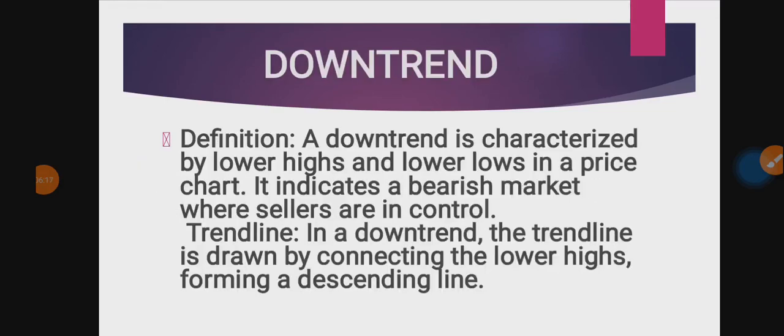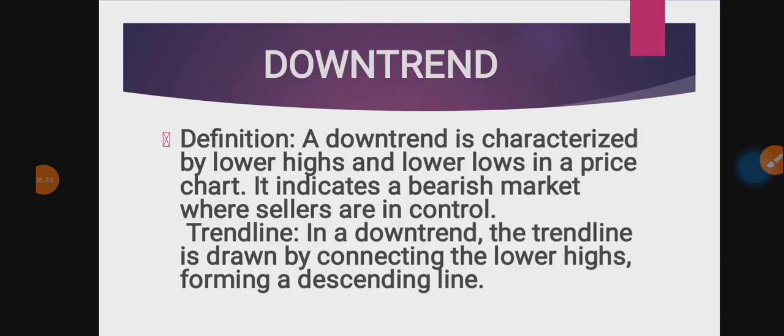Remember, we're just going to take all together, go to the chart to explain what an uptrend is. We'll explain what a downtrend is. We'll also look at trend lines. All right, so we said a downtrend is characterized by lower highs and lower lows in a price chart. It indicates a bearish market where sellers are in control. And in a downtrend, the trend line is drawn by connecting the lower highs, forming a